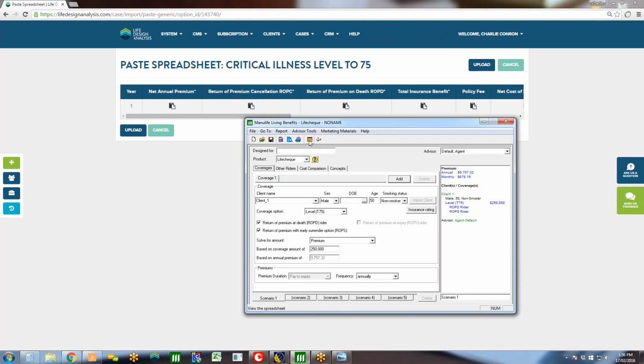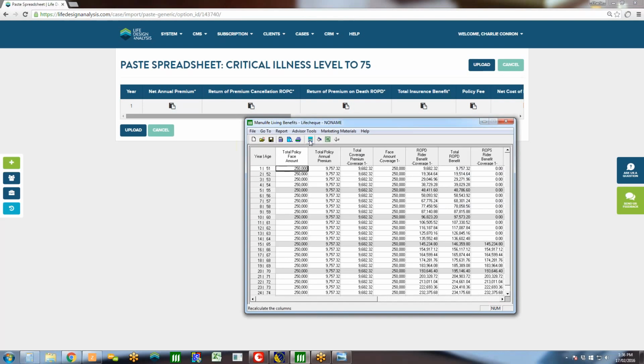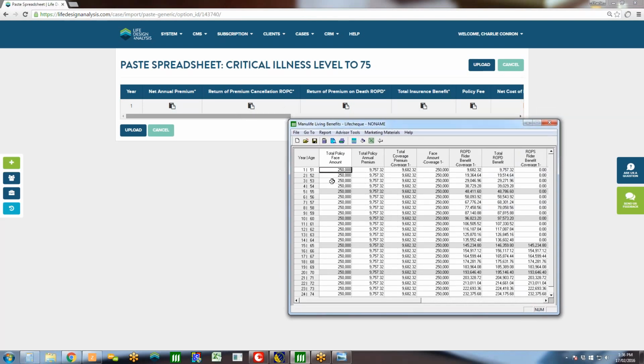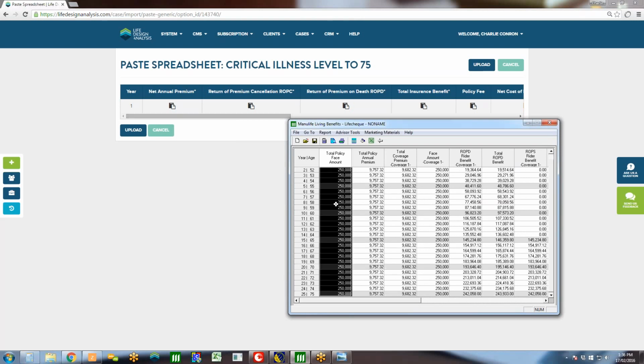Now what I want to do is take the data from this quote and bring it into our system. The way I'm going to do that is I'm going to hit this little spreadsheet looking yellow button here in Manulife. And every software usually has a table view. Basically I want to copy these values over. So the first one I can start with is actually the total face of the policy. That's the insurance benefit. I'm just selecting all of them, and I'm hitting Control-C for copy. They don't actually let you copy all the time in here, but you can also right-click,